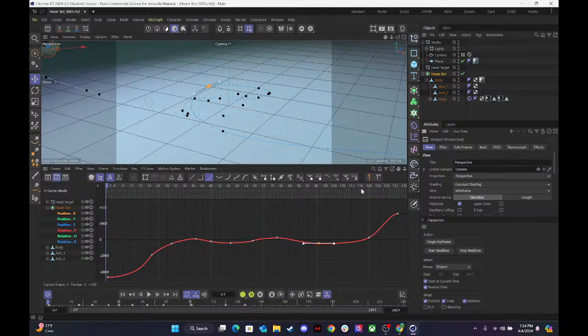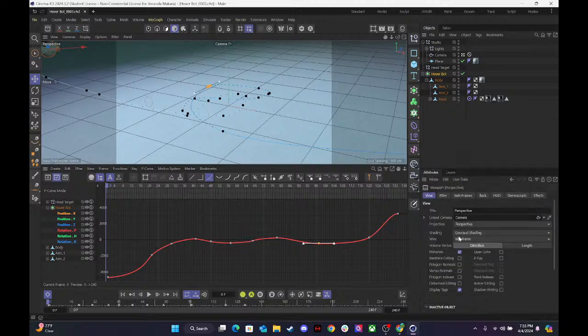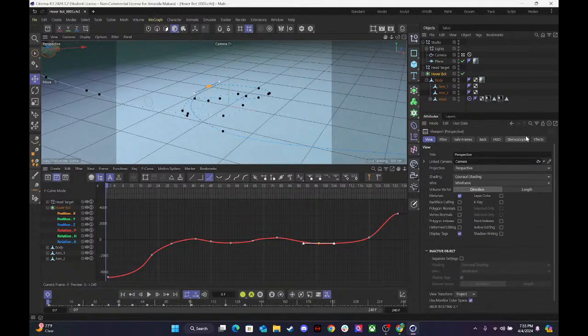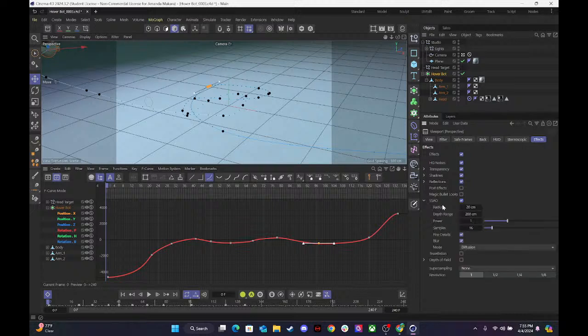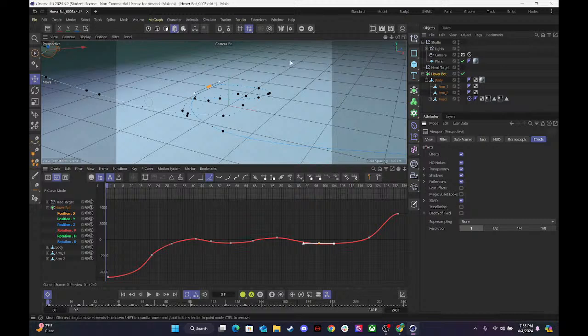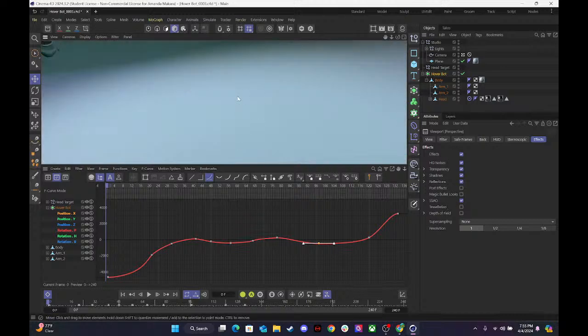First of all, let's hit Shift V, and I'm going to close this Cappucino out. Let's look at the viewport settings here. Go into Effects. Turn on transparency, HQ noises, shadows, and also SSAO, which is the screen ambient occlusion, which is going to make your render look a lot nicer, especially when you're looking in here,